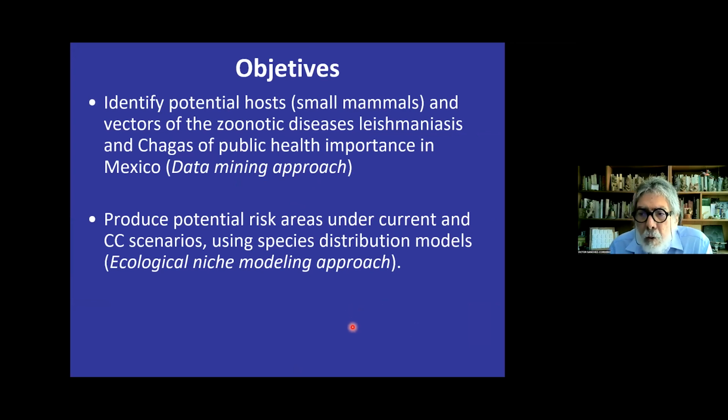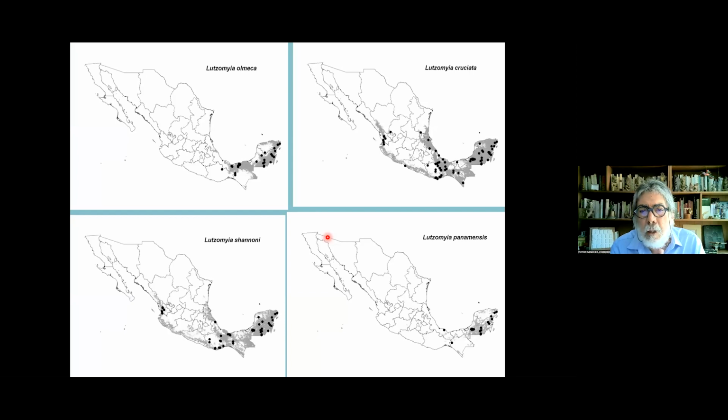So next, what we did was to use this list of host mammals and vectors that we identified on both diseases to produce species distribution models and, in consequence, potential risk areas under current and climate change scenarios. So I will not go into details on how these species distribution models are built, but it's very popular. Many labs in the world are now using this methodological approach to project ecological niche models of species using museum specimens